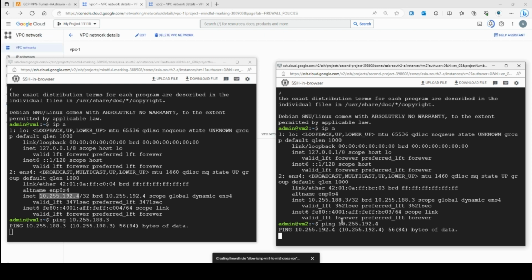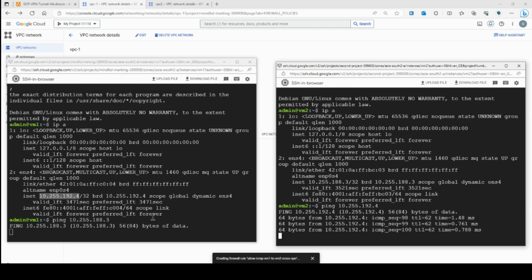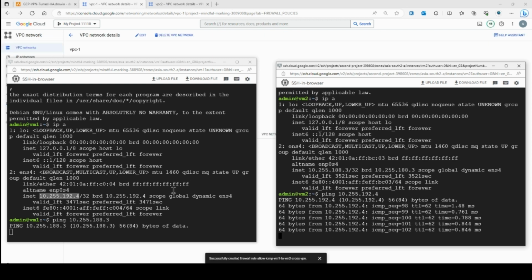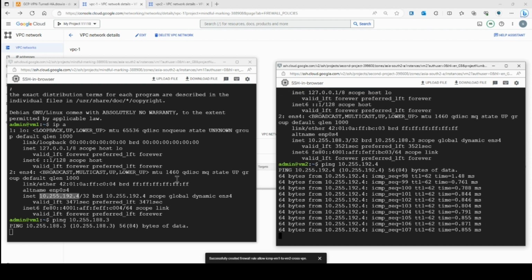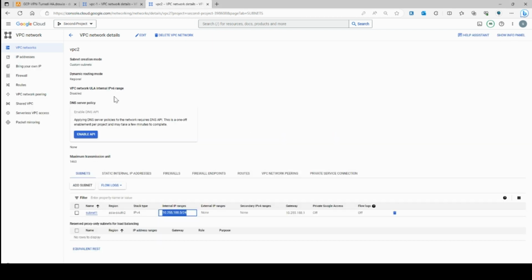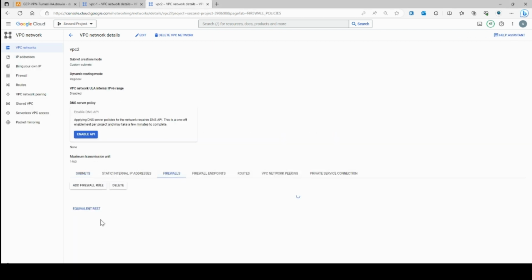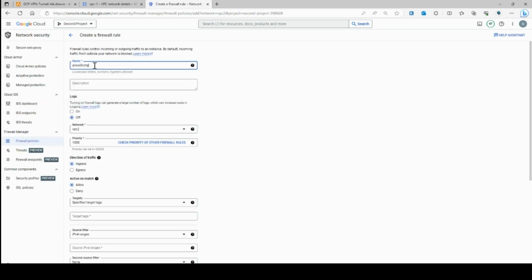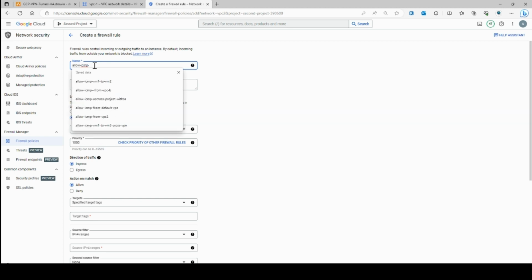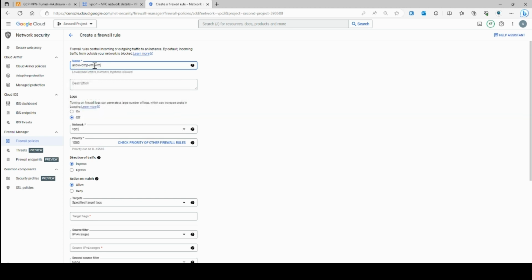Now see the effect. You'll see that VM2 now starts pinging VM1 because I allowed the traffic from VPC2 to VPC1. Now I'm going to do the same thing in VPC2. I'm going to create an ingress firewall rule in VPC2. So I'm going to say allow ICMP, sorry, allow ICMP VM2 to VM1 VPN